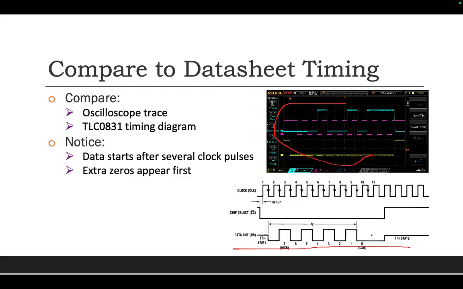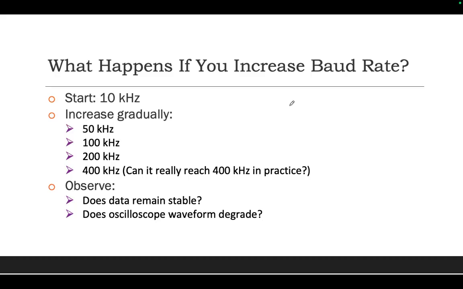And actual zeros pair first. You can see this is the ideal one. This is a real situation. You need to compare those two. That makes sense to you? Any questions? Okay. In today's lab, you will try to increase the baud rate, which means